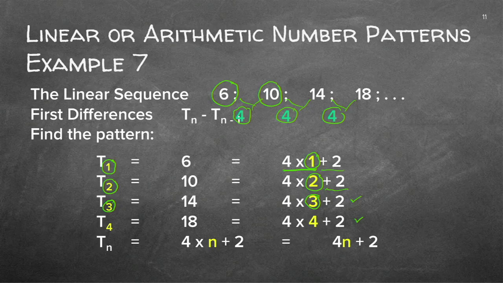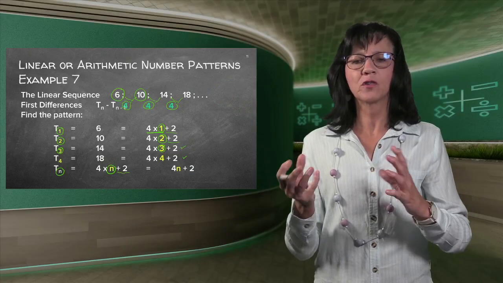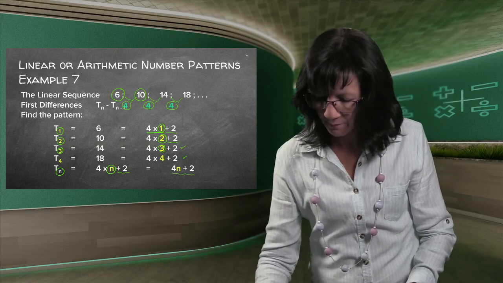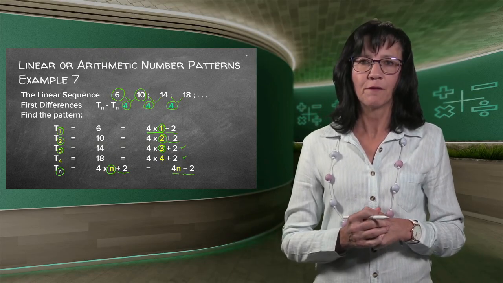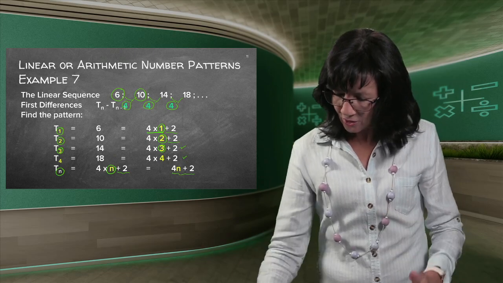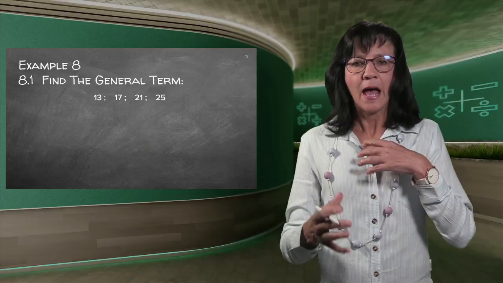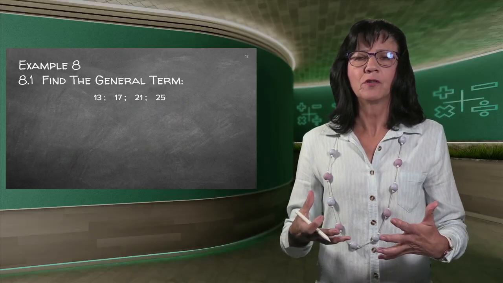So if I get to my nth term, I'm also going to say 4 times n. I'm going to add the 2. But remember, if we write 4 times n, because we're lazy in maths, we rather just write 4n plus 2. And that's how we got this formula. Good. So we're doing a lot of examples just to show you how to get to the formula.